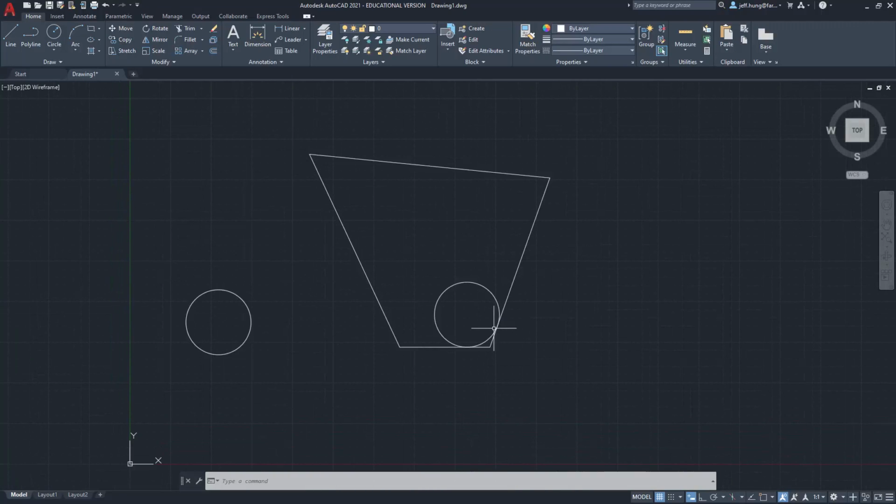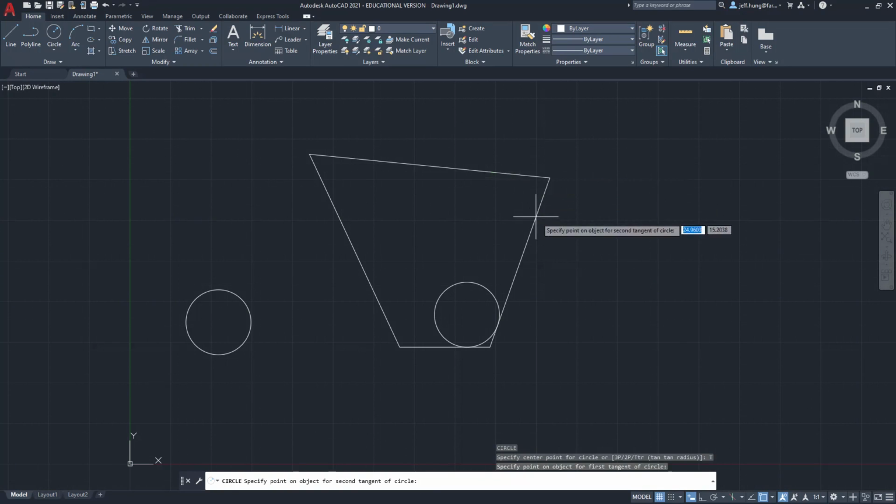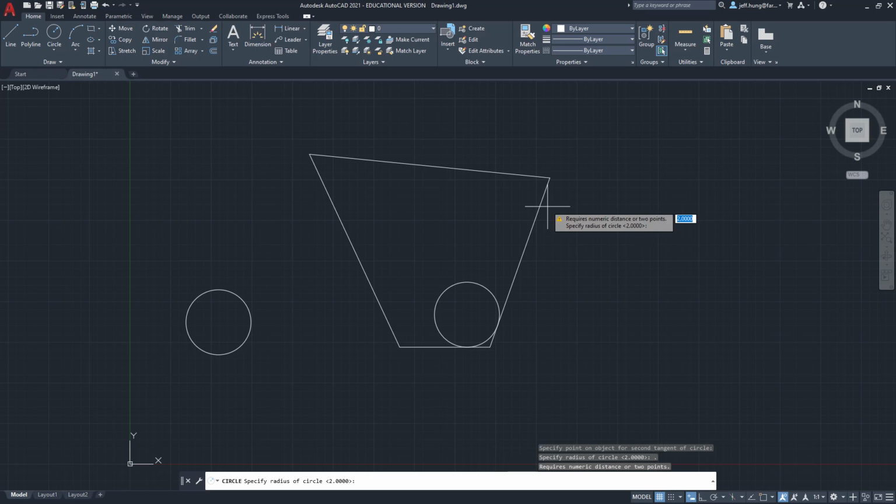So I'm going to repeat that circle. Again, tangent radius. This time I click here, and then I can select this point, this line, and enter the radius of 2, which is here, 2, enter. So 2. Now the second one I want to show you again,